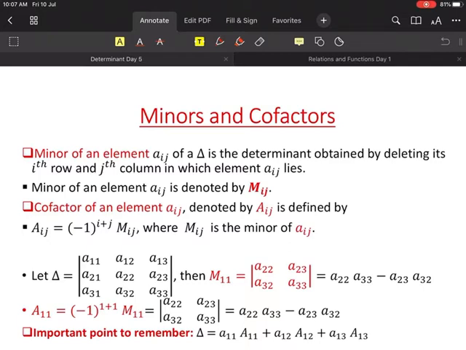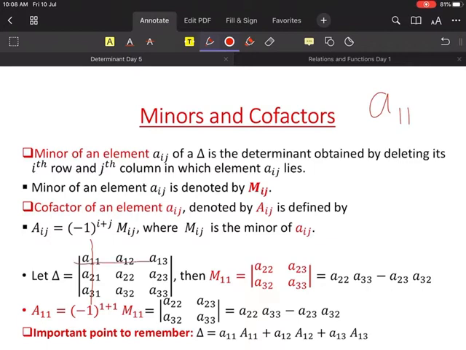Again, you read that thing first. Minor of an element Aij. Suppose in place of Aij, I say A11. Minor of an element A11 of a determinant is the determinant obtained by deleting its, not ith, first row. So I will delete its first row, and first column,